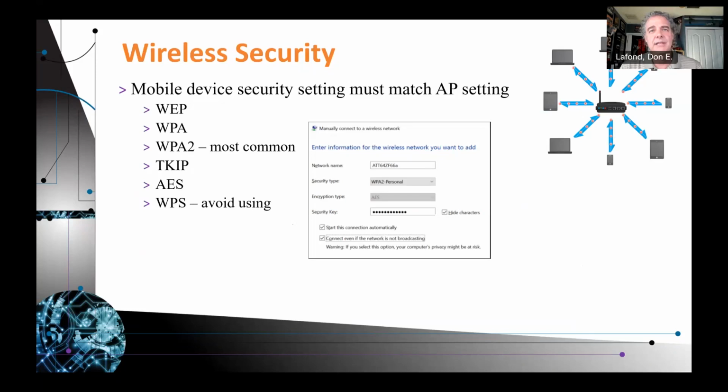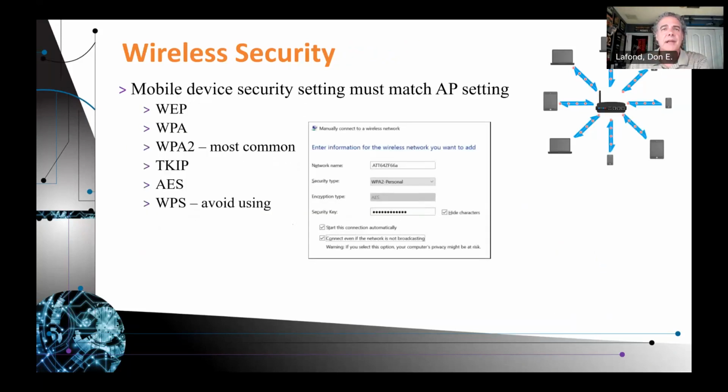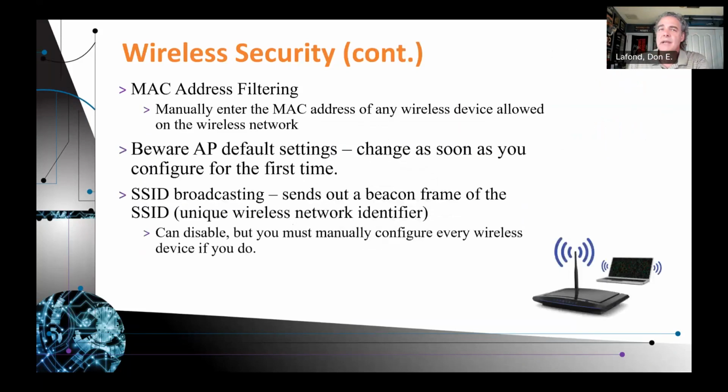Again, deeper than you need to know, but it wouldn't hurt to find out what kind of encryption is on your computers and make sure you have the most secure system you can. Right here, they're just showing you you're signing in. It's telling you what encryption standard you're using.